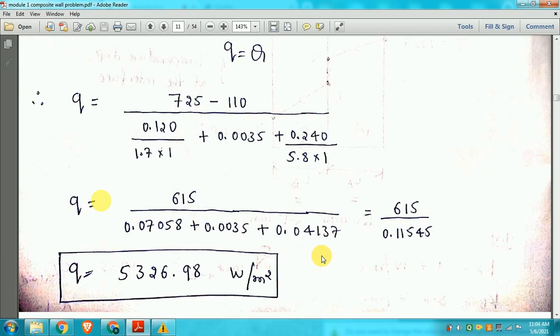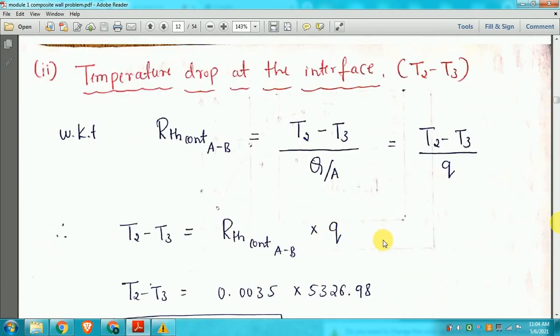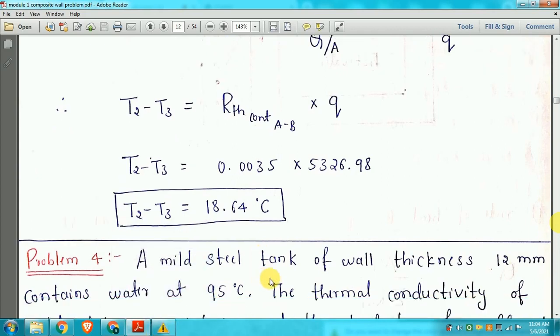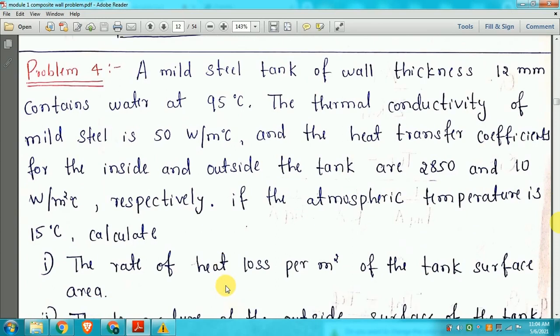So can anybody just tell me how to find out the other value? The other value is T3. How to find out T3? Already we know the value of T2 minus T3. Just take the difference, so you'll get the answer, correct? So this is how you can find out the values individually. Correct? So I think you now have a fair idea how to solve the problem. Okay, note down this problem as well.